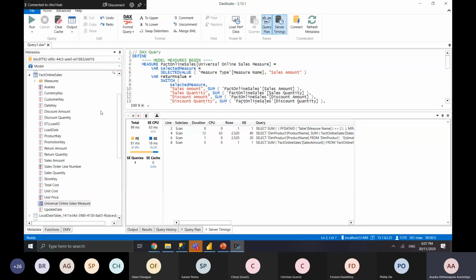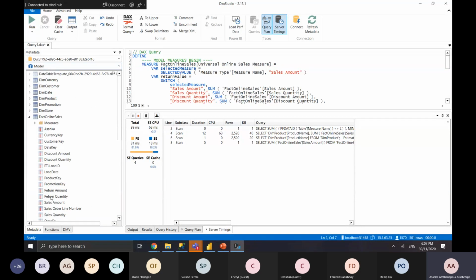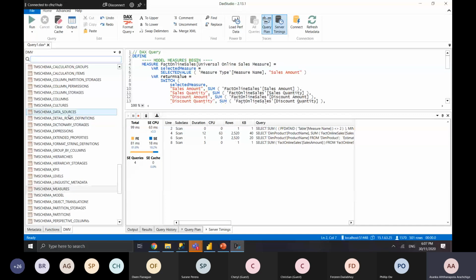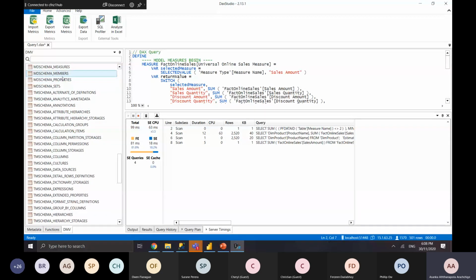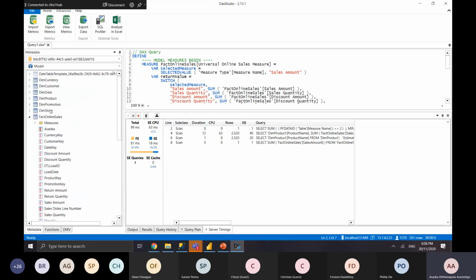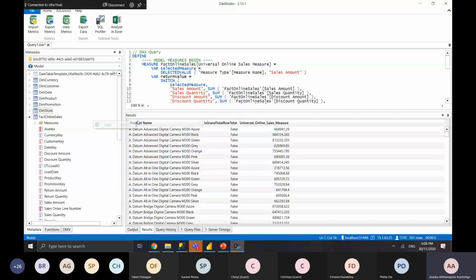And apart from that, you can use these DMV functions. You can write your own queries in DAX Studio. And the one I showed you gives you the opportunity to analyze the storage as well, using the analysis. Not only that, let's go in here. I think you can do a heap of other things, like dump measures, or if you've written queries, I think you can get it for the